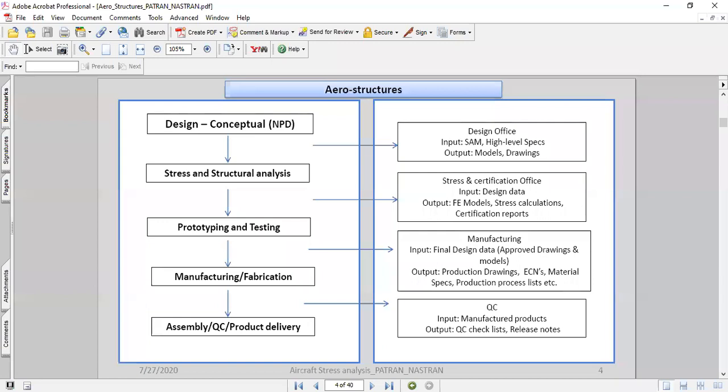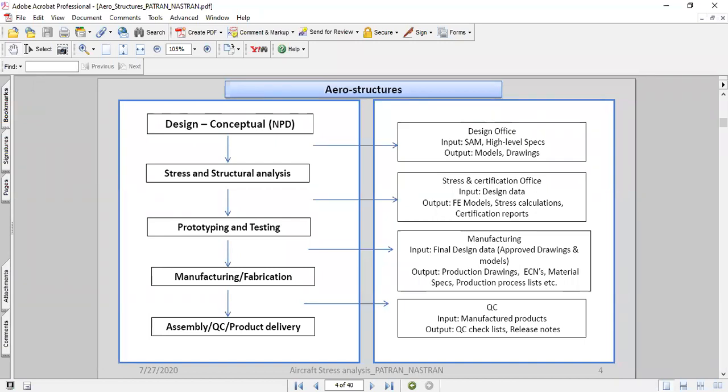That is from the customer, or from within any aircraft industry that is designing an aircraft. Usually the design office or design teams and the project teams participate in these kinds of meetings.